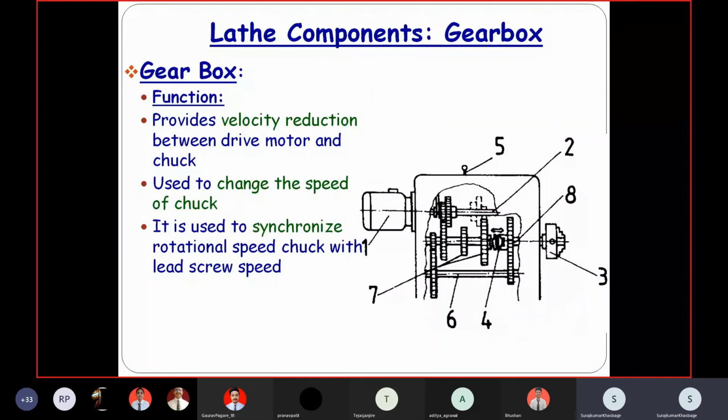Then in the lathe machine, a gearbox is provided inside the headstock so that we can change the different velocity ratios and obtain any desired speed. A large number of gear settings is provided on the lathe machine through which we can change the speed of the lathe machine, that is, the desired speed of the chuck. You can see this is the chuck. This chuck is attached by means of this gear mechanism to the motor. So motor power is not directly given to the chuck. It is obtained with a reduction in the speed.